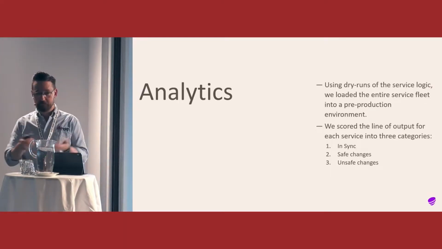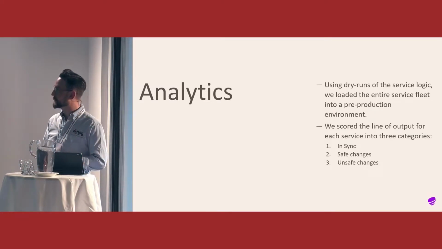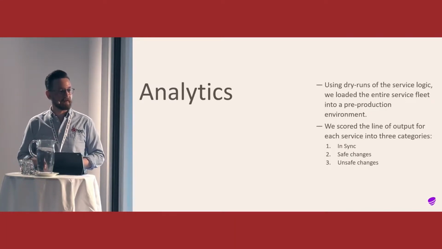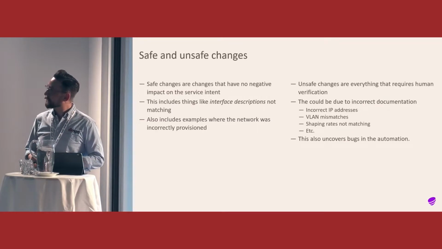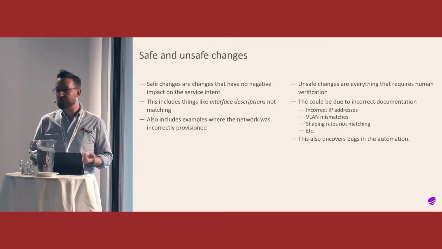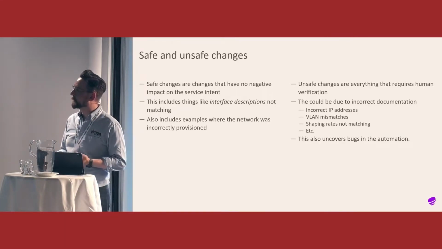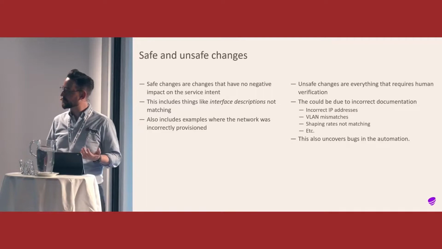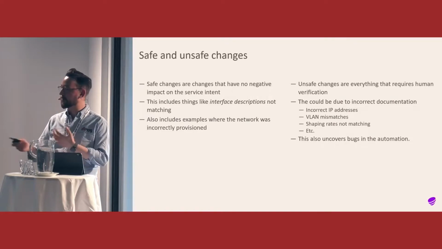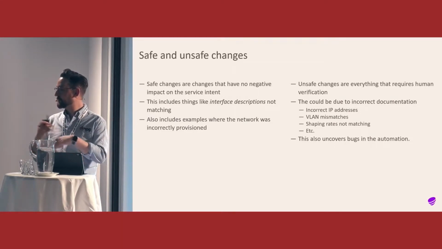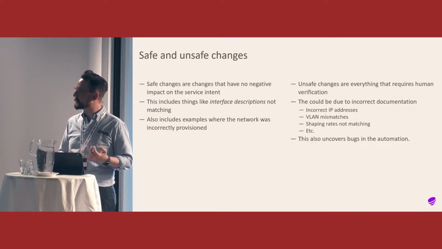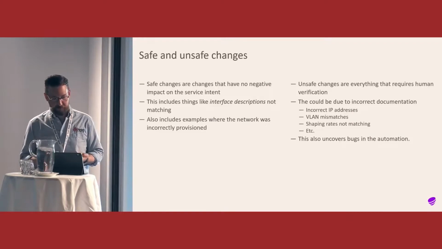In sync, of course, means whatever is in the network is exactly like we produced it from automation. That consists of circa 0% of our services. And that's because safe changes are also things like we rewrote the description field slightly, or we just aligned the service to how it was supposed to look. Like there is some configuration statement missing in the network, but our automation pushed it, so now we are doing a change to the service, but it's fine, really. It doesn't change anything, it doesn't break the customer, it doesn't change what we are delivering to the customer.